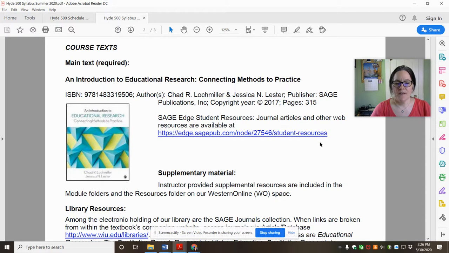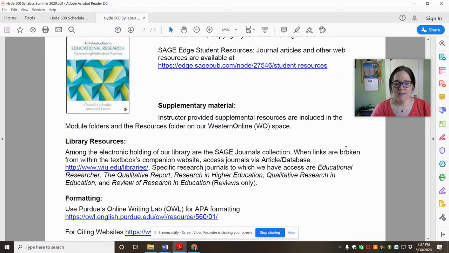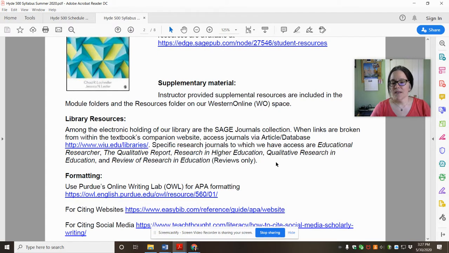Okay, so there again is the book. And so you can get that from the bookstore, you can get that from Sage, you can get that from Amazon. You are going to read the entire book, so it's worth getting. If you haven't yet